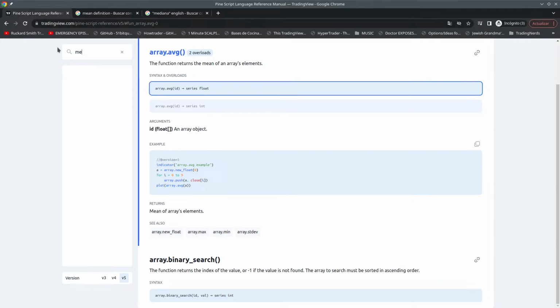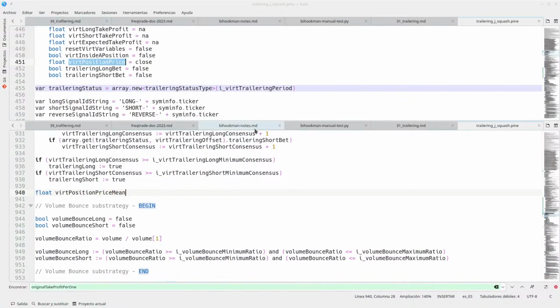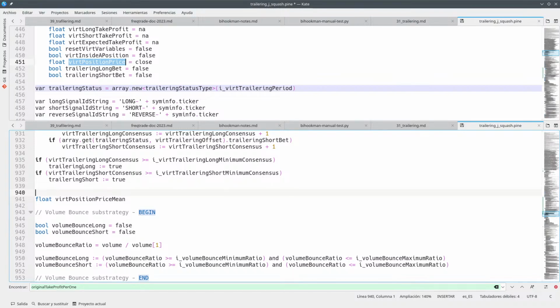Okay, so median. Array.median returns the median of the array's elements. That's what I want to use. So arguments, an array object. Yeah, look at that. So in order to do so, we need an array float. Okay, so I mean, we could do this into a variable, but you know,